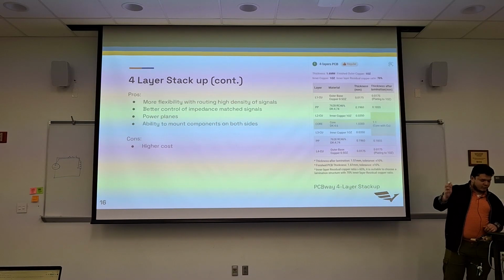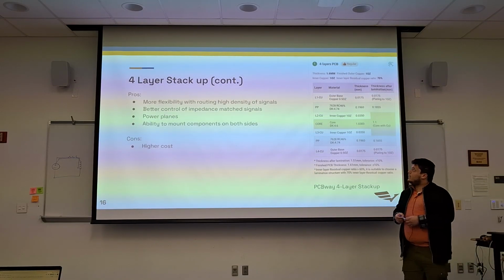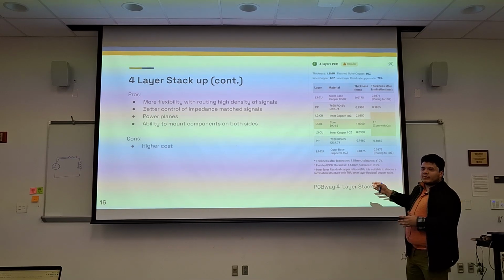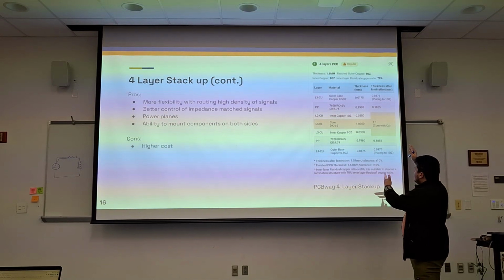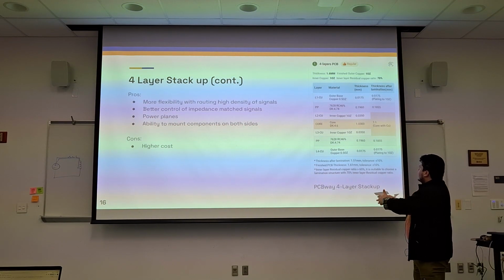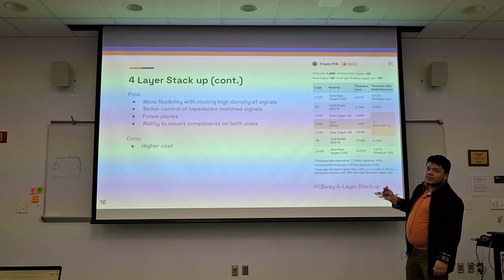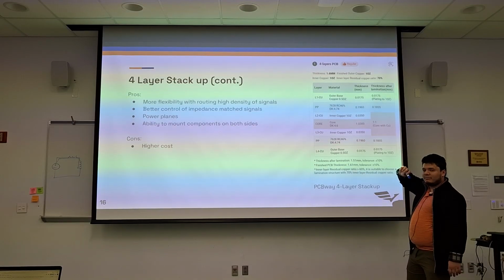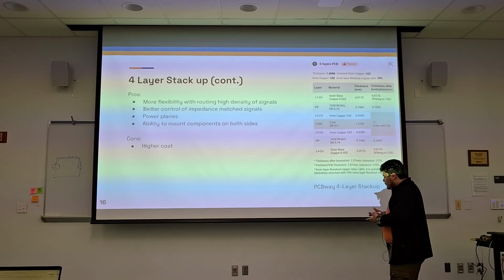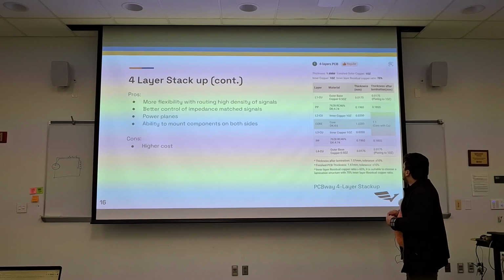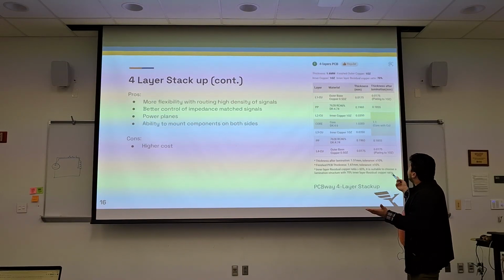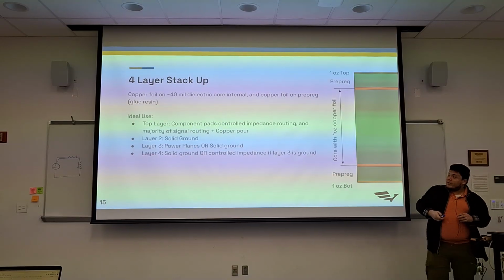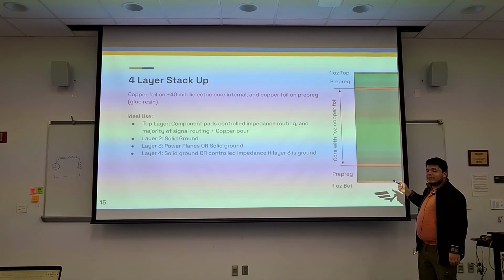And so I kind of went over the pros and cons. And this is essentially what you would see of your manufacturer's capabilities for a 4-layer stack up. This is a 4-layer stack up from PCBWay, where it's using 1 ounce copper. And so I used those exact measurements to make the graphic before. It's not as clear when you're just looking at numbers, but it's a pretty big difference, right? From an equidistant stack up